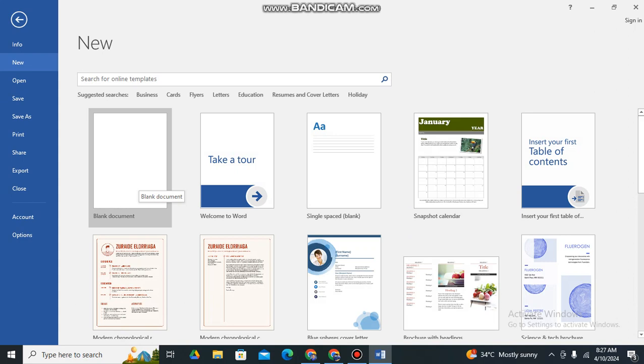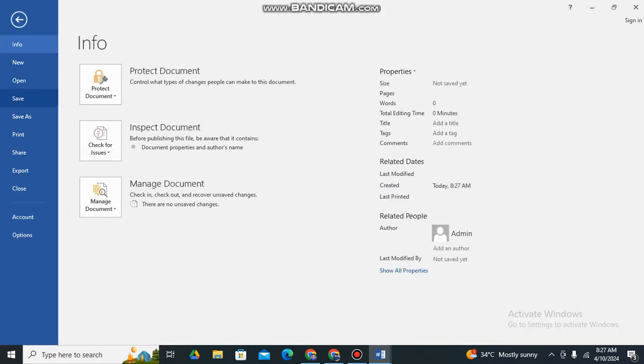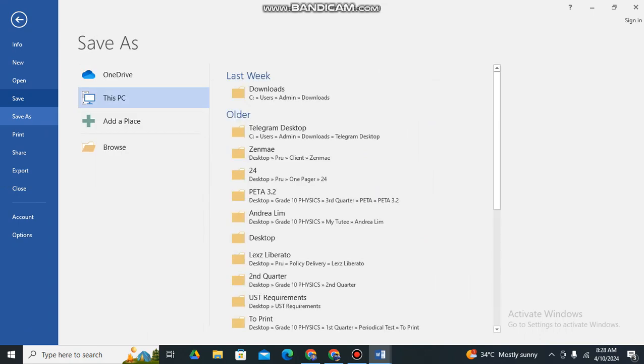Now once you've created your document, it's essential to save it. Click on the Save button here in the File, this one, or use the keyboard shortcut Control plus S. Let's say we are going to save it. Remember, you need to browse where you're going to save your document, and don't forget to provide a meaningful name for your document.